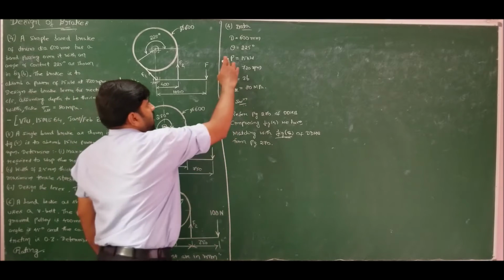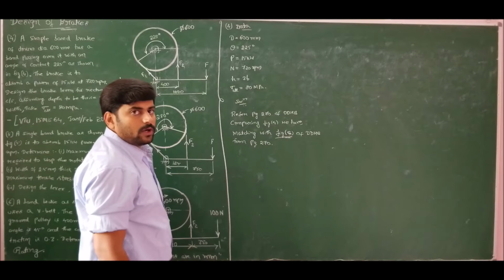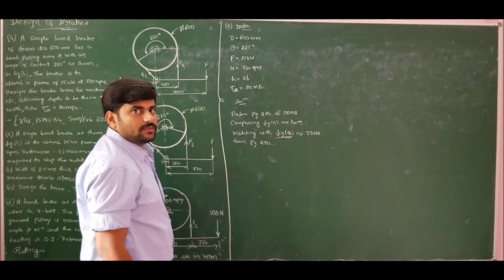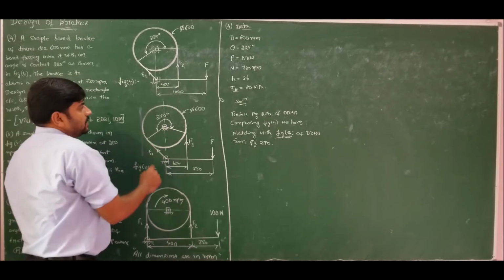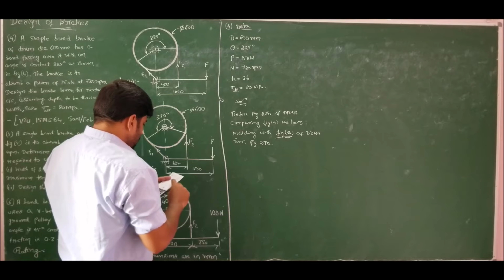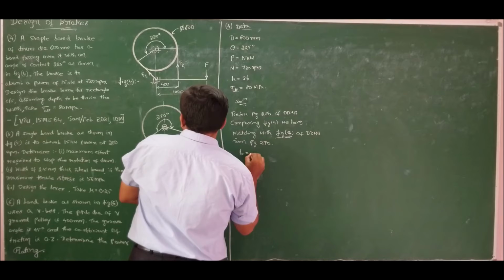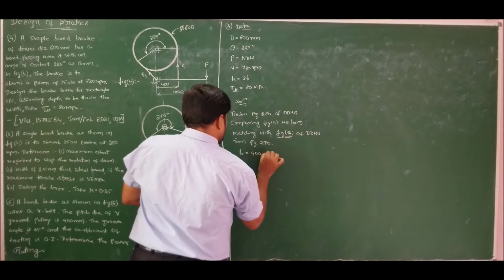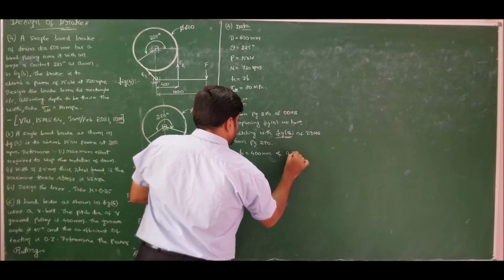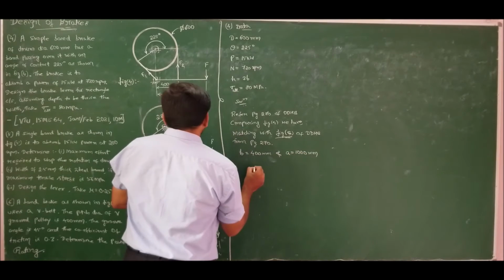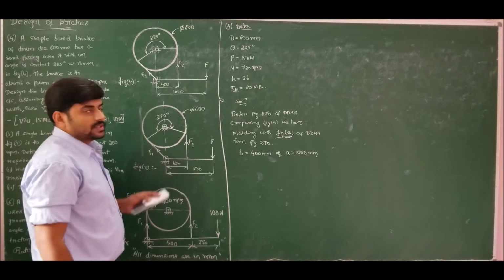Now we know the power and rpm, so I can determine the value of torque, because torque is equal to 9.55 into 10 to the power of 6 into P by N. This we already know. Also, one more important point is that the dimensions are specified. Comparing to figure E, noting the dimensions from figure E, we have B equal to 400 mm and A equal to 1000 millimeters. In order to design the lever, I want to determine the maximum bending moment. This you already know, because we should use the bending equation.